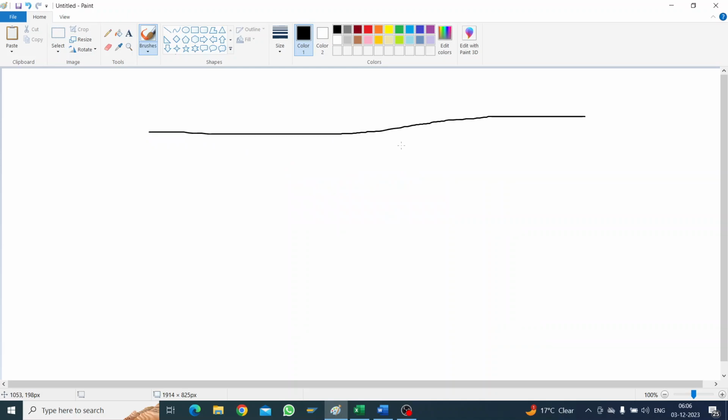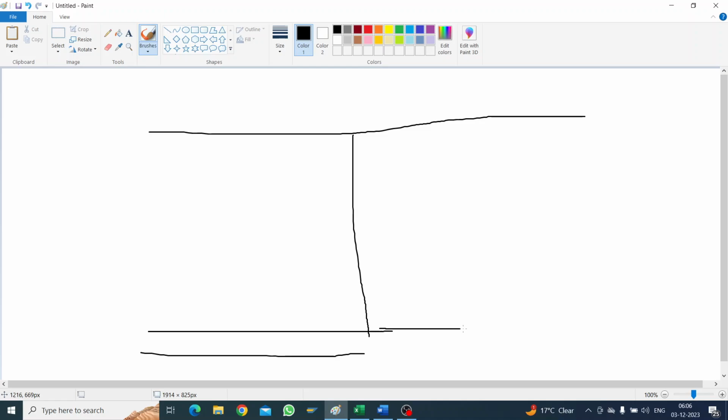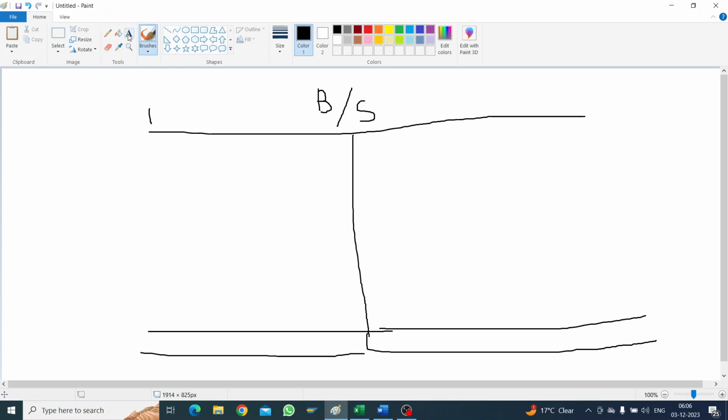Take example of this, and take example of this. This also will have to tally something like this. Let me just complete it. So usually on the left hand side, at this place they write it as liabilities. For that it will be what is called as B/S, balance sheet. And if you say how it will be considered as, so